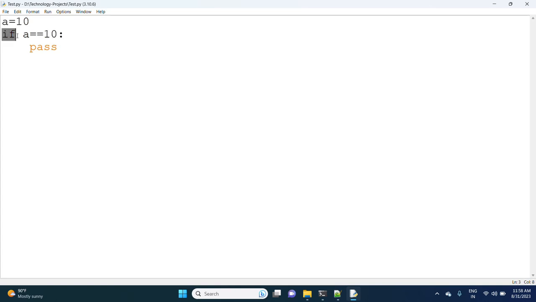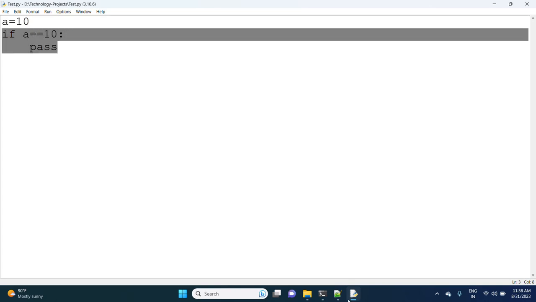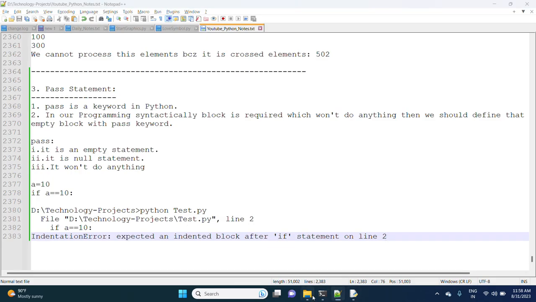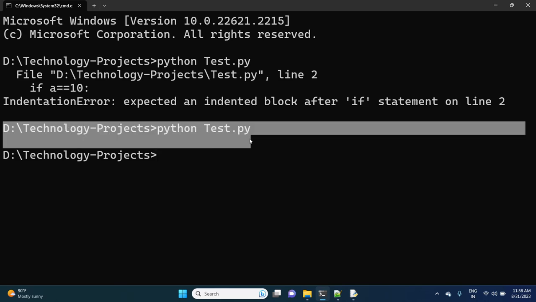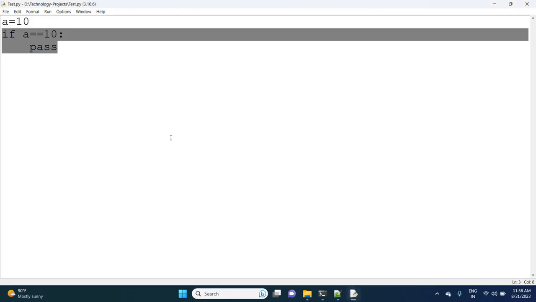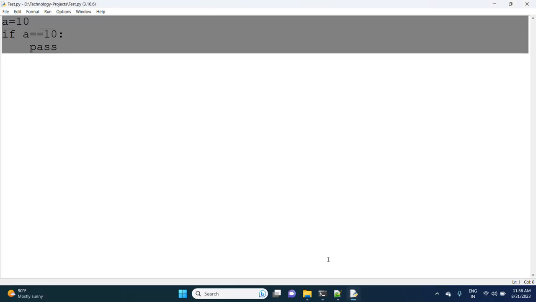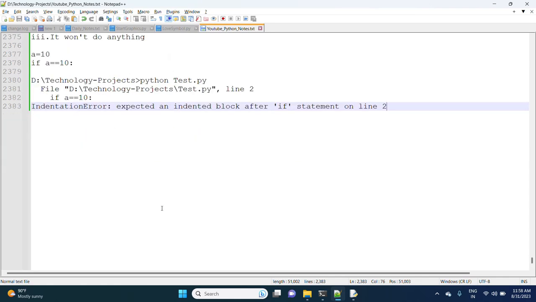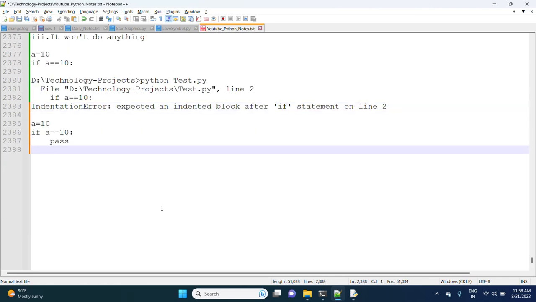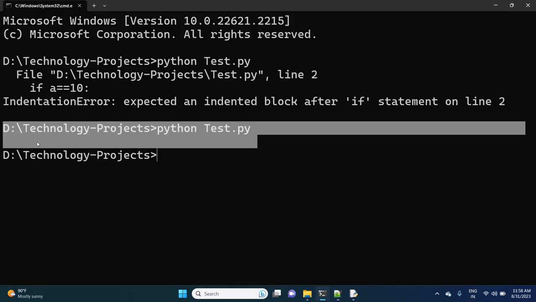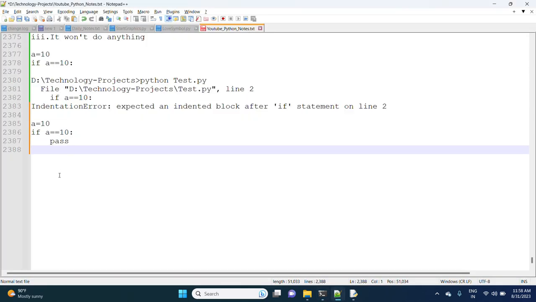Now observe the previous case and the present case: now it won't give any error. Are you observing any error? No, right? So syntactically a block is required but it won't do anything, then we can define it with the pass keyword.